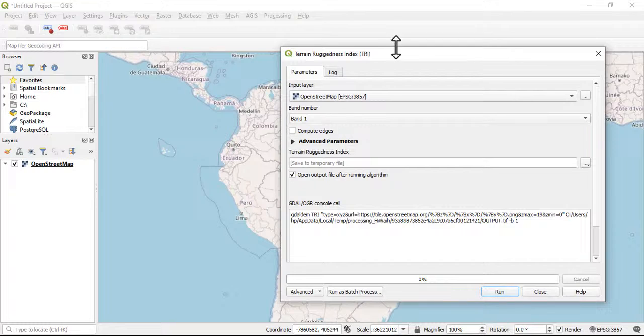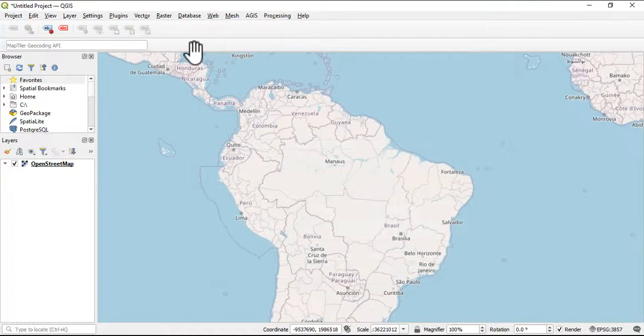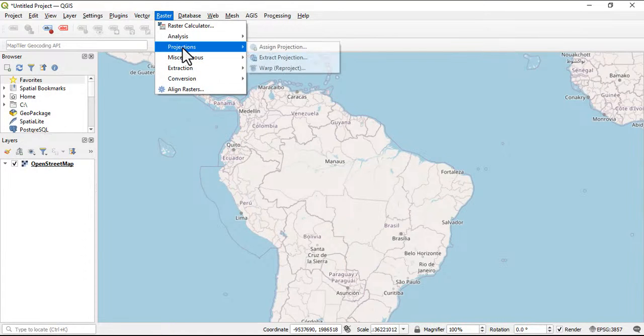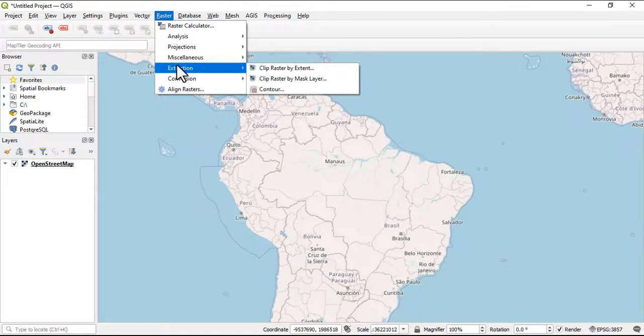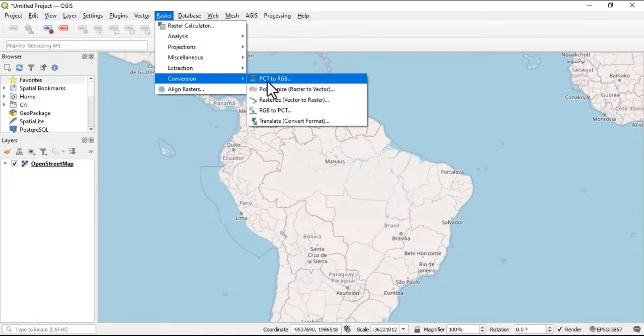So once you click on this, basically you'll be able to bring in the raster and you do all of that. So basically all this analysis can be done under the raster tab. Then we have the projection, you assign projection, you extract projection, and then the miscellaneous, you build virtual raster information, build overview, conversion, we have PCT to RGB, and then we have polygonize, raster to vector, rasterize, vector to raster,